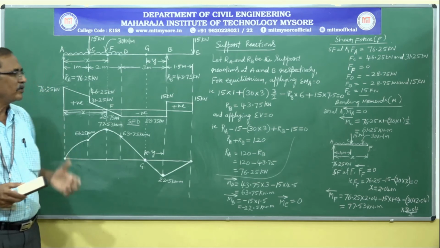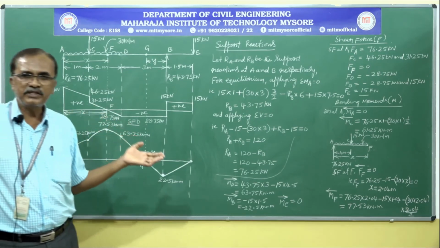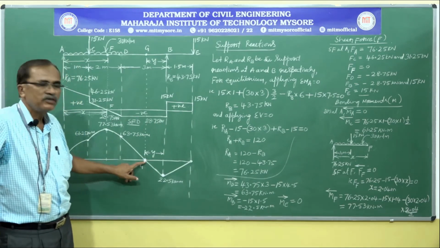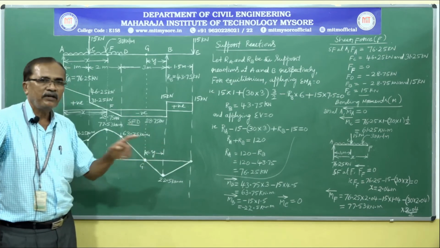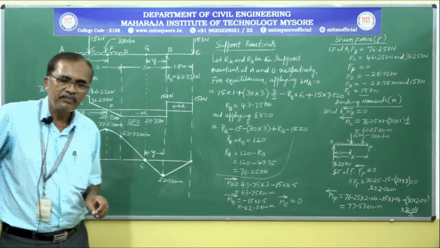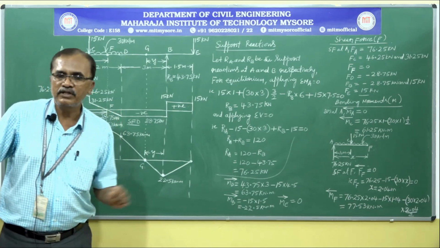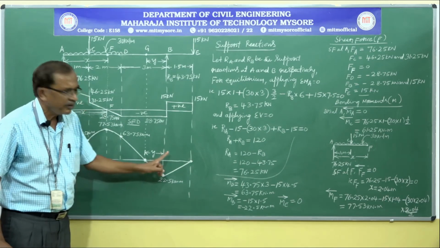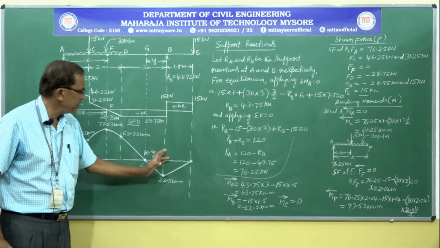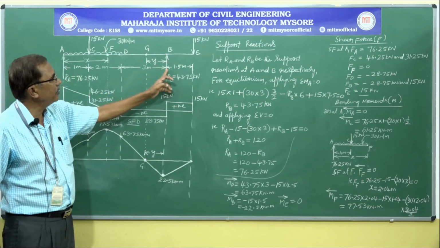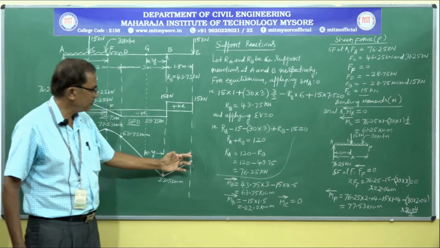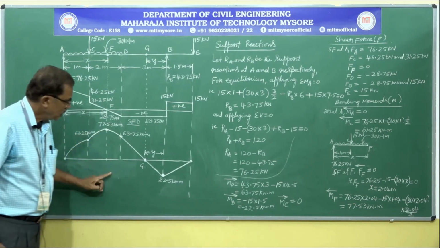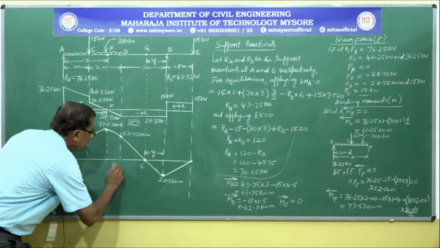As we already discussed, wherever the bending moment diagram changes its sign from positive to negative or negative to positive, that point is known as the point of contraflexure. If a point of contraflexure exists on the bending moment diagram, we have to locate it. Locating is nothing but identifying this point from the nearby salient points. For convenience I have taken point B as reference. You can even take it from the extreme right-hand side, like what we considered here for the x value. So this is our bending moment diagram.